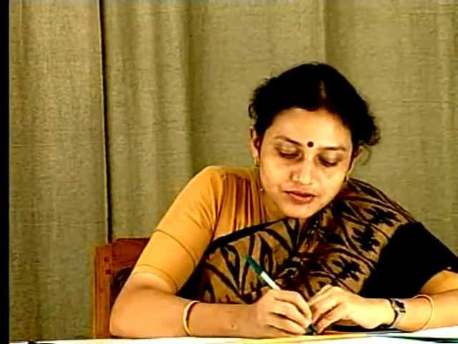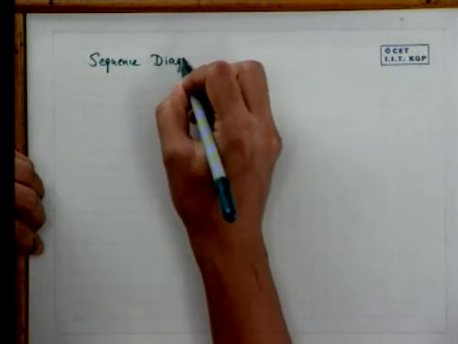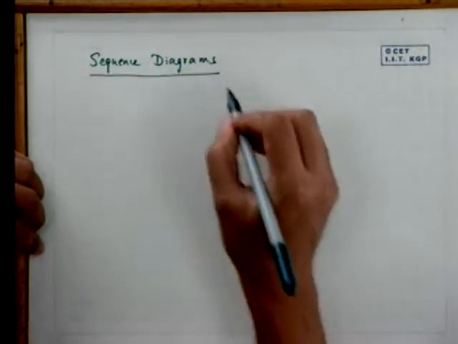So first, let us come to sequence diagrams. And let us look at the steps in constructing the sequence diagrams. So first, we have to place the objects that participate in the interaction at the top of your diagram. So you identify the actors or the objects in the interaction and then place them along the x-axis at the top of your diagram. For example, suppose let us try to model a system which consists of a client and